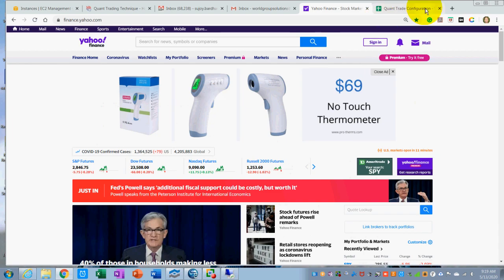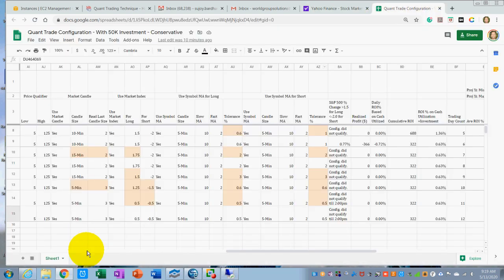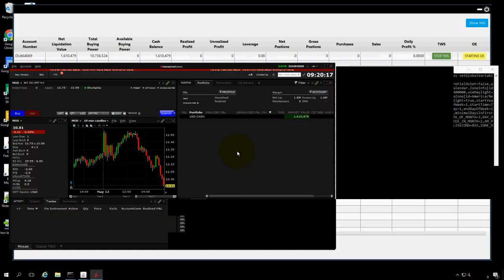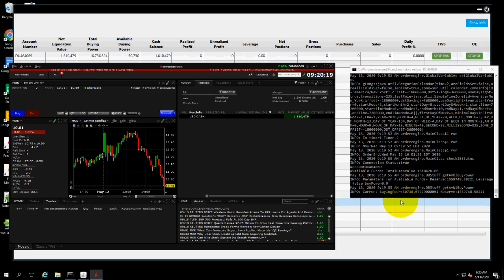So as per our algorithm, if it touches around minus 5%, then only it will qualify the market, or plus 5.5% before it qualifies the market. So that's what we are in. So let's let the market start, and in the meantime, the algorithm is ready. It is looking into the account every 60 seconds.